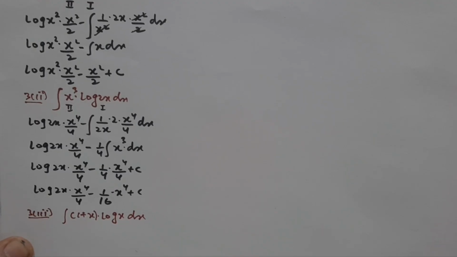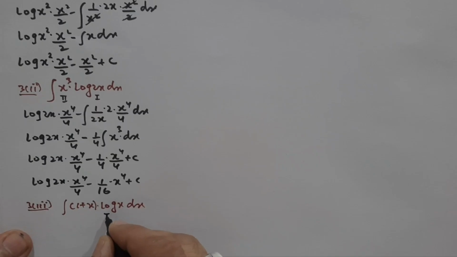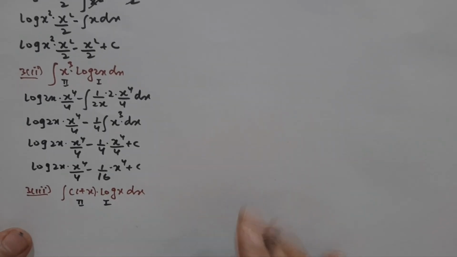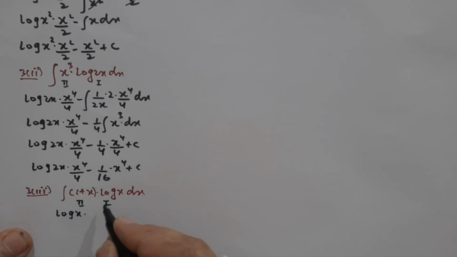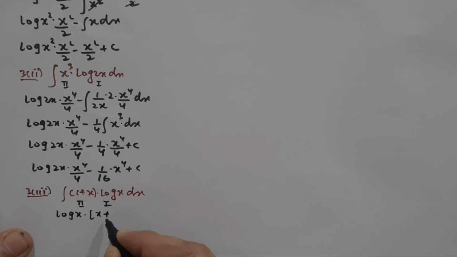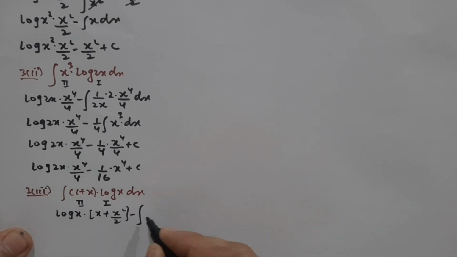So taking the log function as the first function and 1 plus x as the second function, we write the first function, now the integral of the second function. The integral of 1 is x and the integral of x is x square upon 2, minus integral of derivative of